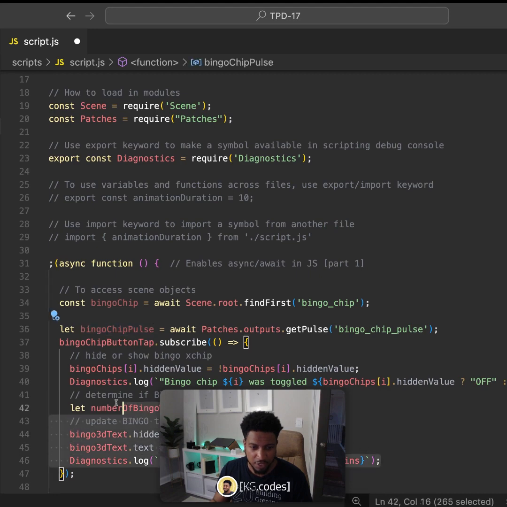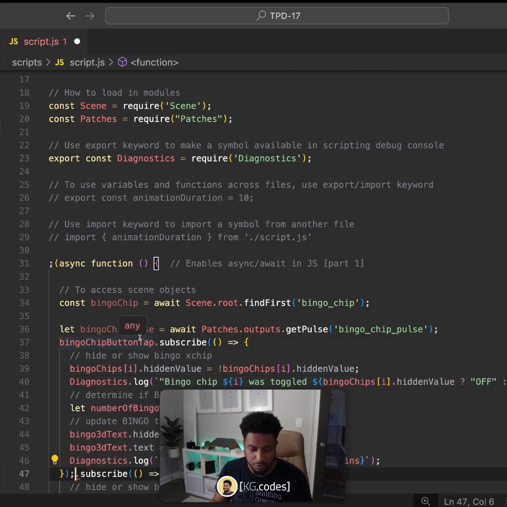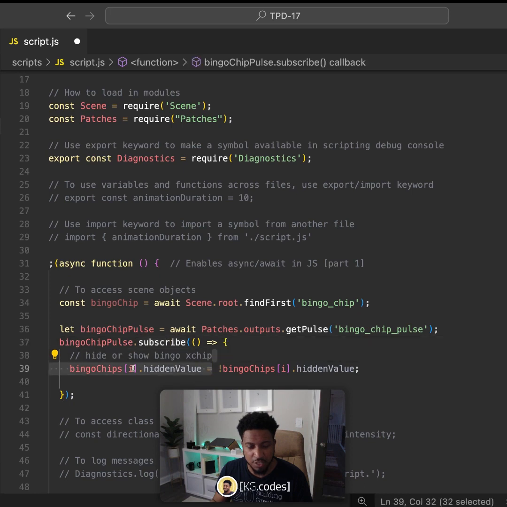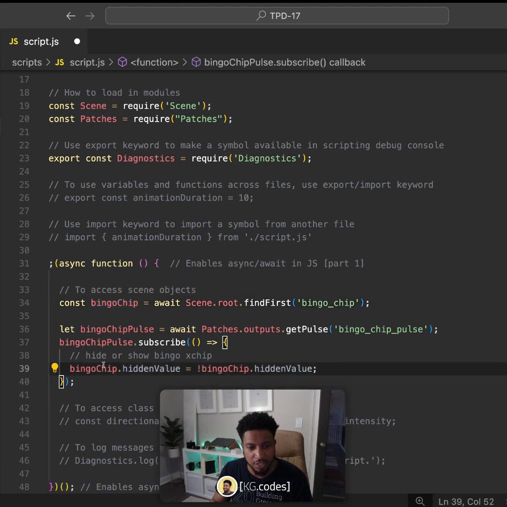So I'm gonna copy all this in, save some time, and I'm just gonna rename. I'm gonna pull all this out so we can see what's going on. I want to name this bingo chip post, and we're basically gonna subscribe to it. And inside of this function, this anonymous function here, is we're going to show what action we want to happen. And what we want to do is that bingo chip, we actually want to hide or show it. So I'm going to actually put bingo chip from up here inside of this